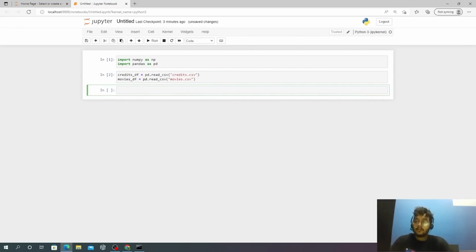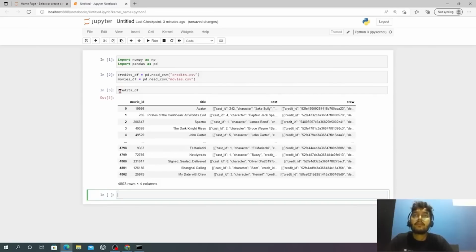Here pd is for the pandas library. read is used for reading the dataset from the machine, and csv is the type of file which you want to read. After this, let's write code to see the dataset. We will write here credits_df, and we will run it. So this is our credit dataset, and next one is movies_